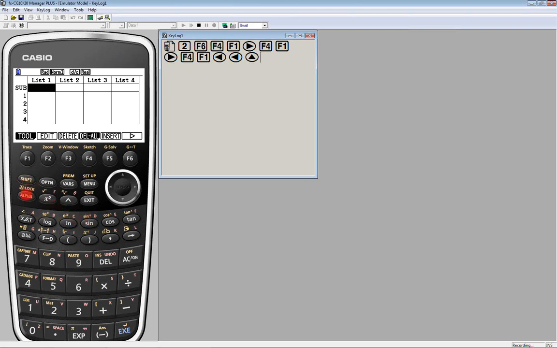Actually, if you go shift alpha, it'll put it in alpha lock so that you can type all the letters. So as a quick demonstration, if I go shift alpha, and then type the keys that correspond to T, I, M, E, and then the execute key down in the lower right hand corner, and I have that label.